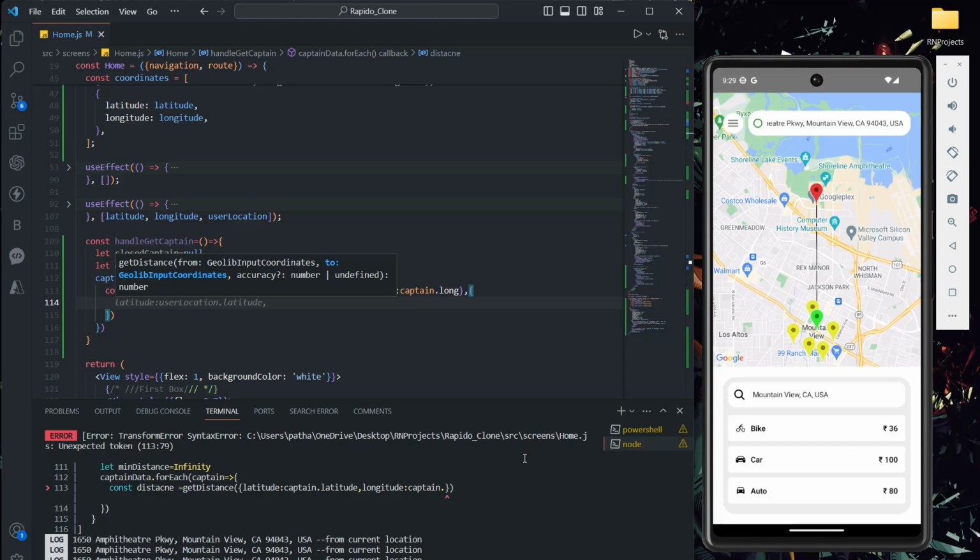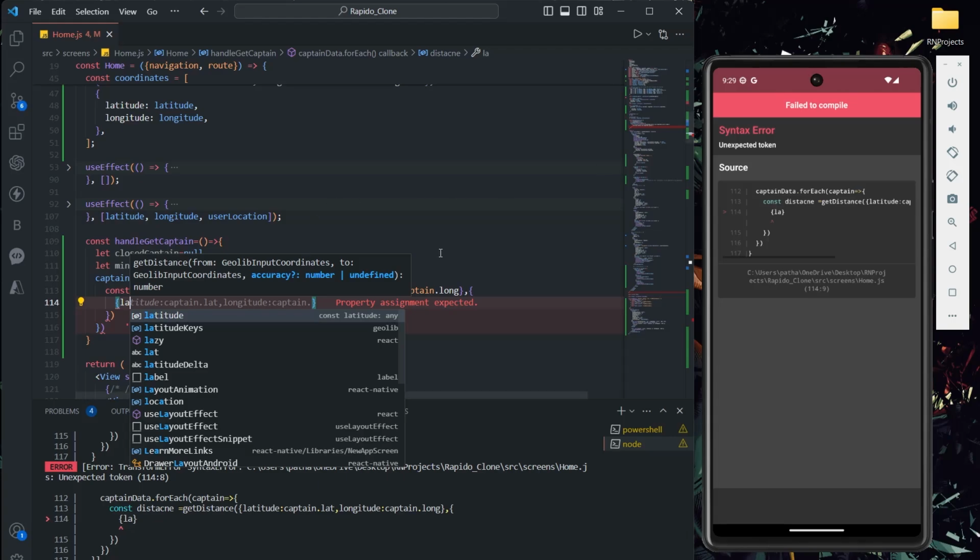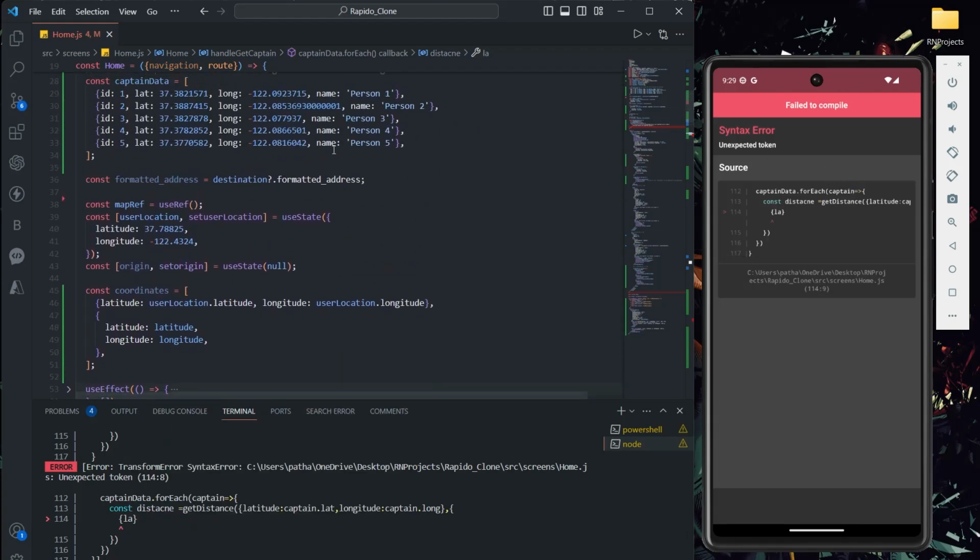To check that, I'm going to pass what I initially told, that we have to check for origin. But the data I have created is destination latitude, longitude.